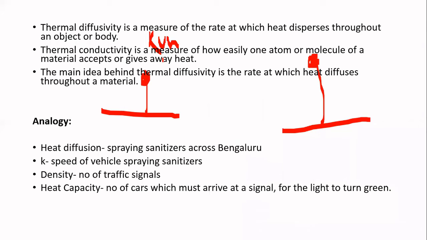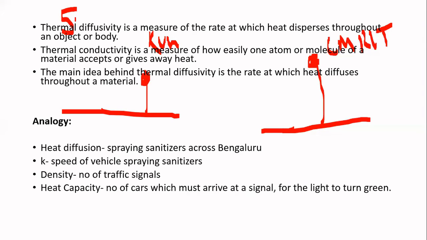Hulsoor Lake. Okay, first one is the Kundanhalli signal, and second one is, suppose we are making a signal in front of CMRIT. Very thin road is there. We are making a signal over there. Right now, in which case do you feel that the traffic holding capacity will be higher, at Kundanhalli signal or at CMRIT? Kundanhalli. Okay, at Kundanhalli, the traffic holding capacity will be higher.